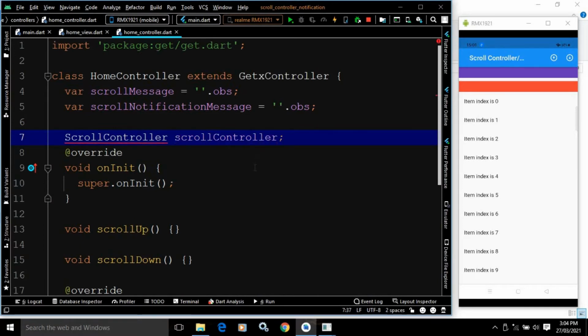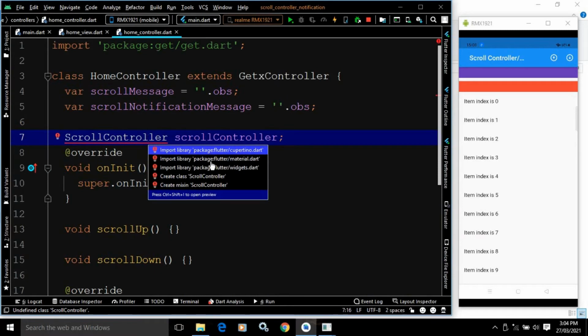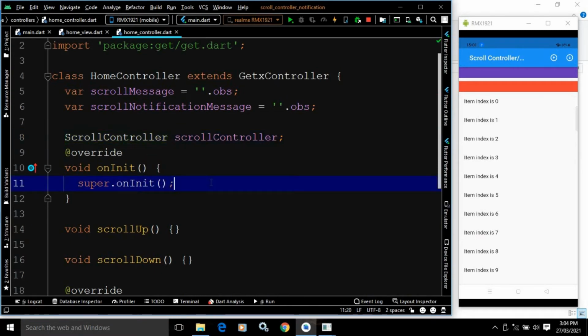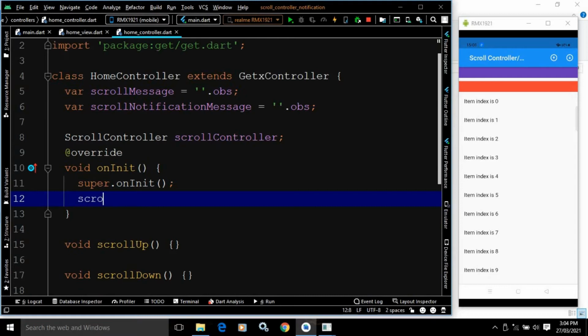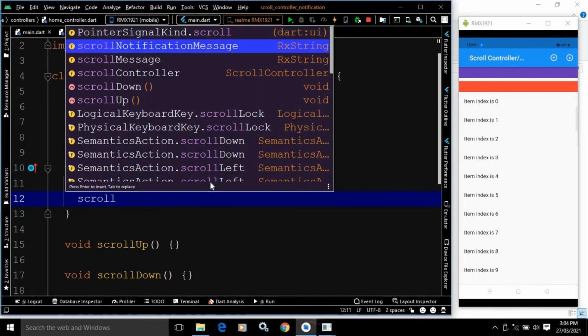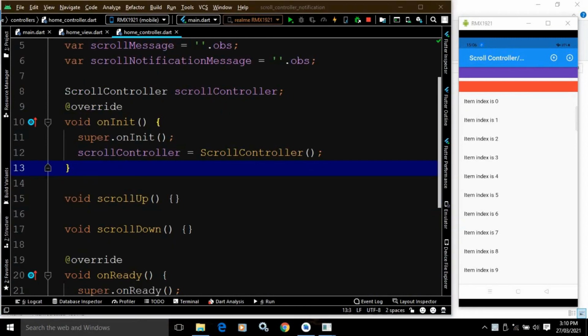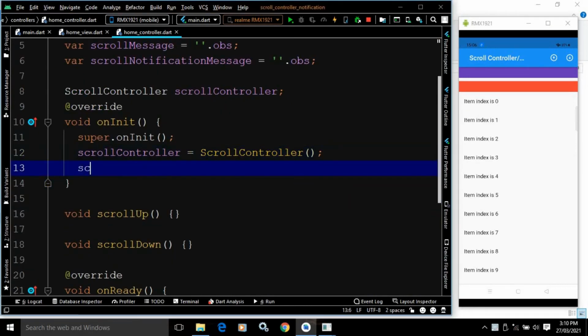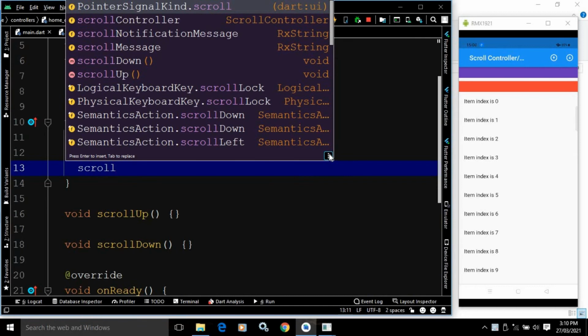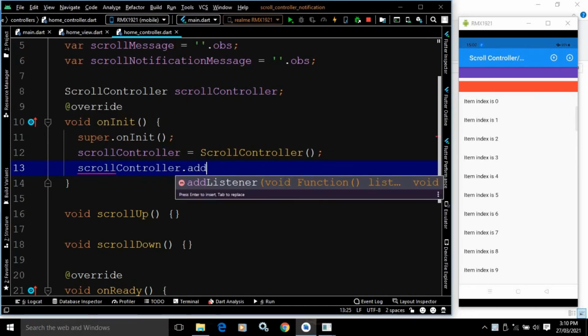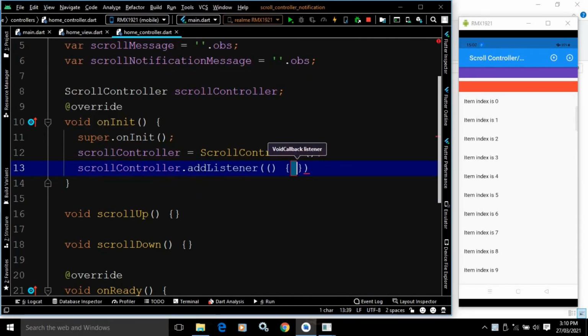Okay, now here I will create the object of scroll controller. Okay, now inside the on init method, let me import the package as well. Inside the on init method, what I will do, I will create the object of the scroll controller. Scroll controller equals to scroll controller, right? Okay, now here I will add a listener with the scroll controller like this. Scroll controller dot add listener. Now here we need to write the code.